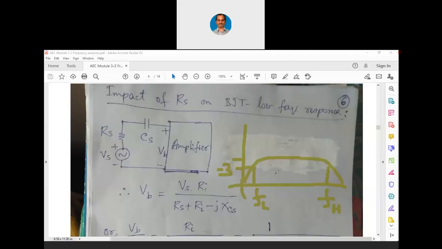Now, yesterday I also told you that if at all we reduce that by increasing the value of the capacitance, instead of 20 microfarad, let us say we increase the value to 100 microfarad or 200 microfarad, definitely that particular FLE is going to get reduced. Then naturally it is the collector capacitance which is going to decide the low frequency response or the value of FL.